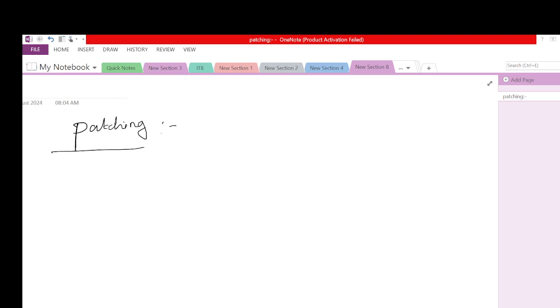Okay. So today I would like to explain a little bit about the patching activity as well. Patching is nothing but installing small pieces of software to make sure there are no bugs in the available product, either in operating system patching or application patching. Basically, patching is installing a piece of software to make sure there are no vulnerabilities or bugs in the product.